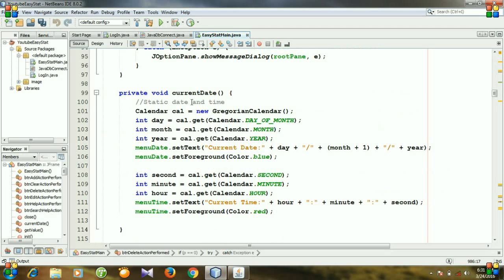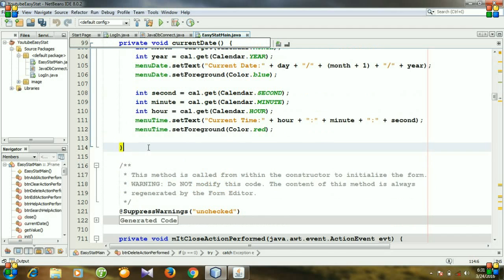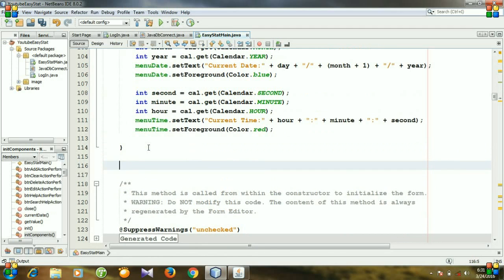Here is our method declaration section, and I will create a method to get the screenshot of the selected components.